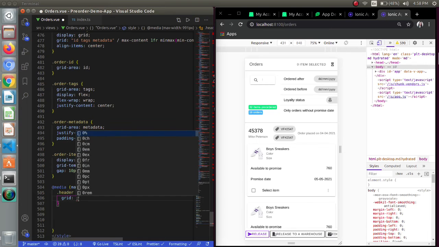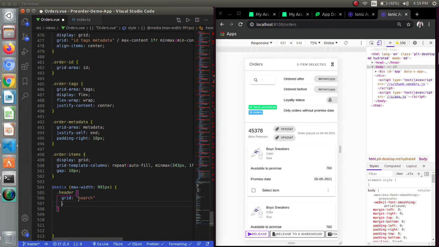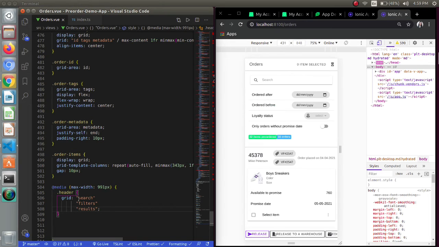I want a search bar first, then I want the filters part, and below I want the results. So I have simply written search, then I will be writing the filters and then the results. Just save it and we are getting this output.